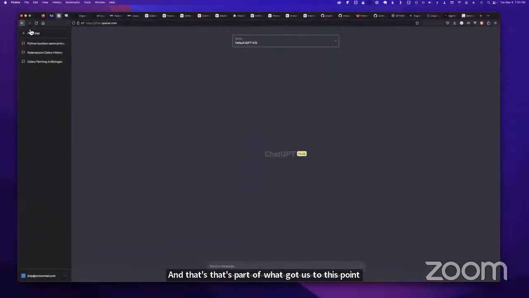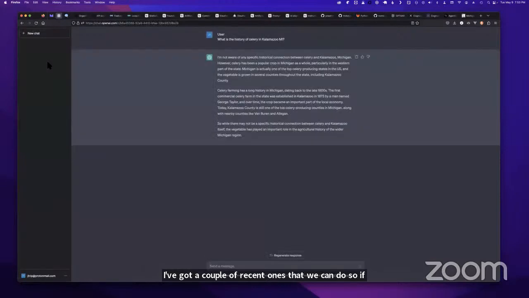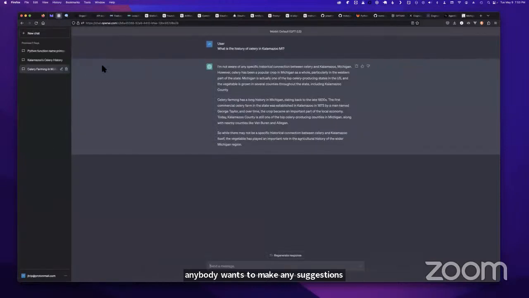I've got a couple of recent ones, and we could do some if anybody wants to make any suggestions. I'm from Kalamazoo, and I knew that there was a historical connection to celery. So I just asked it, what is the history of celery in Kalamazoo, Michigan? And this is the kind of answer that this autocomplete system produces. It says,